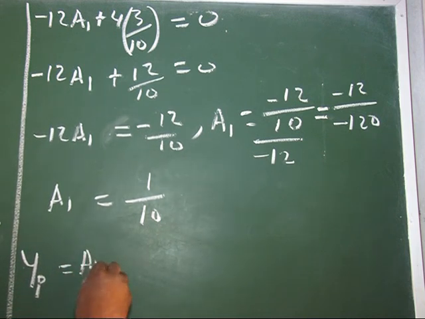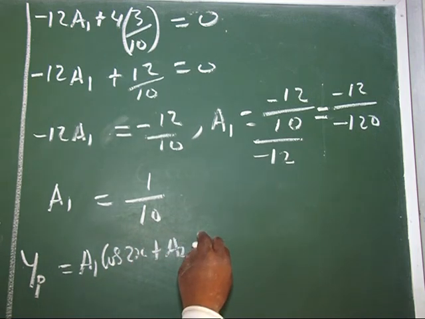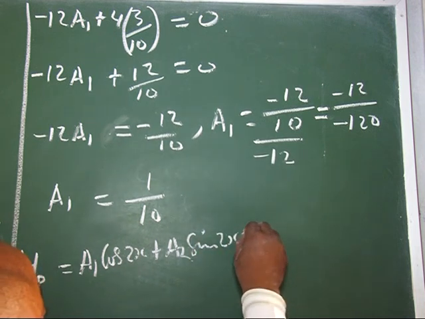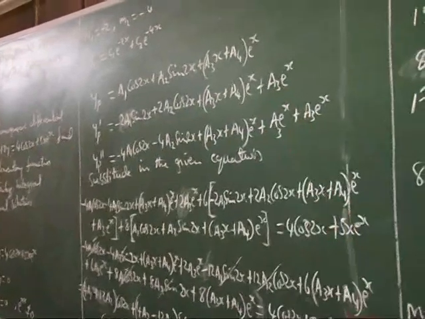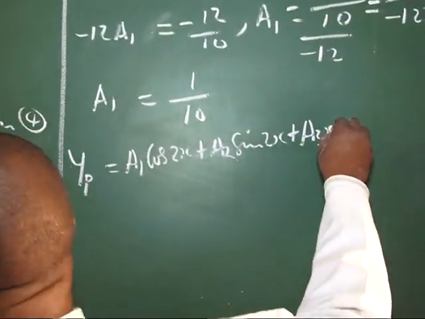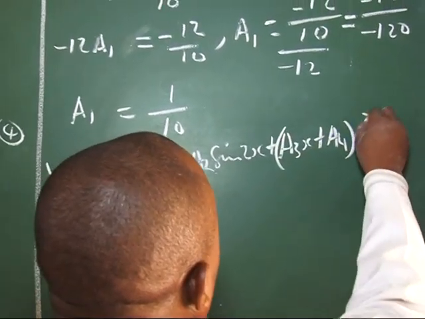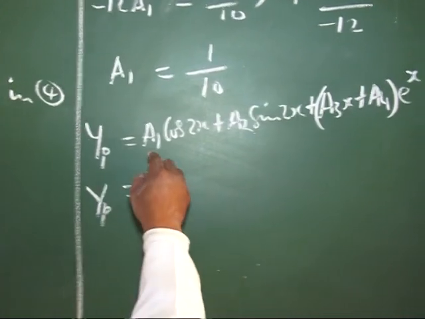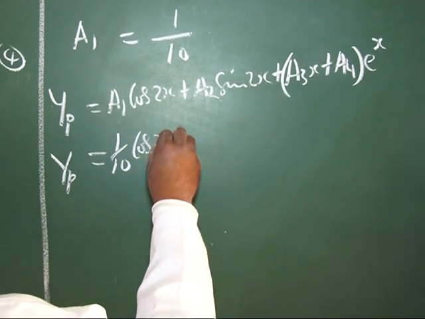Yp was a1 cos 2x plus a2 sine 2x, plus, let's go back to yp again. Yes, sine 2x plus a3 x plus a4 exponential x. So putting these values, we have that yp will be a1, and a1 is 1 all over 10 cos 2x